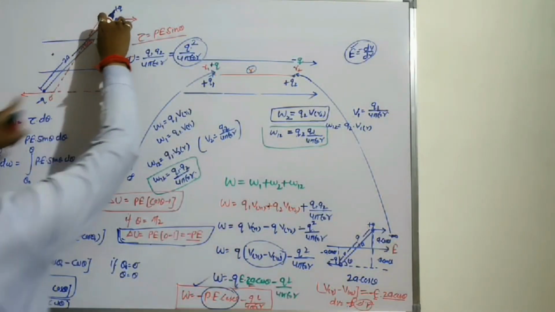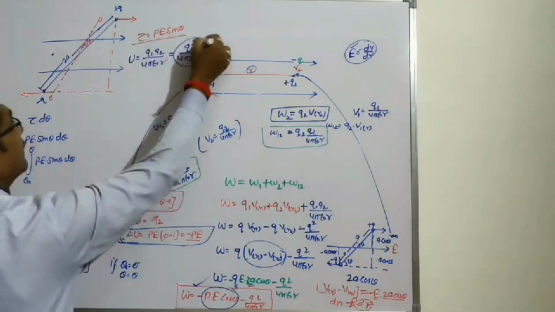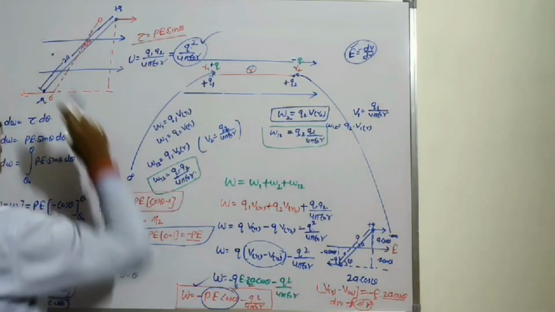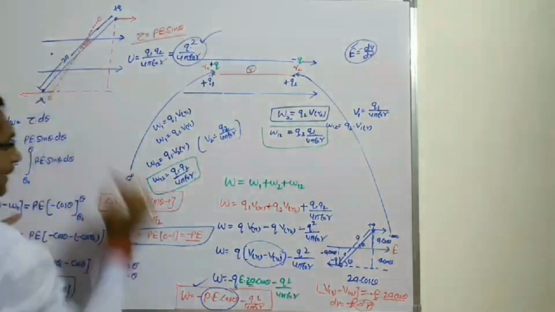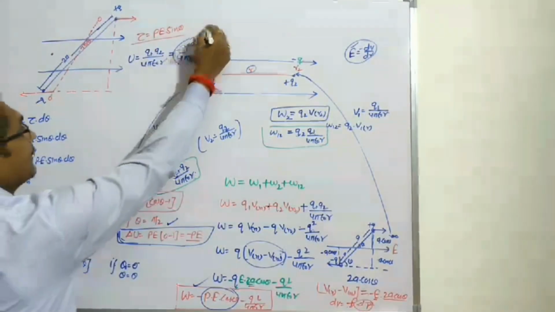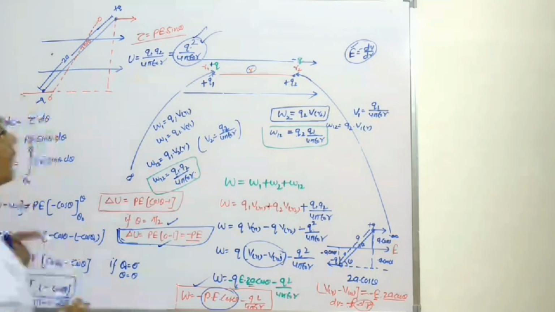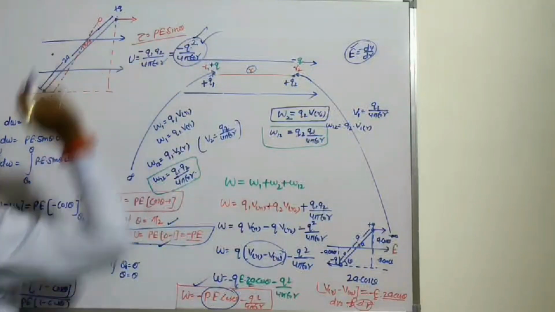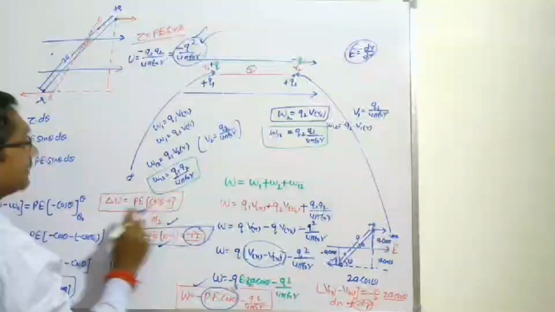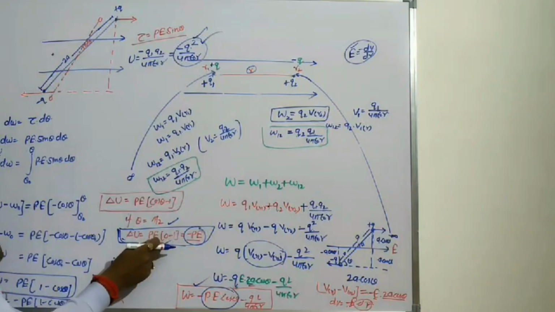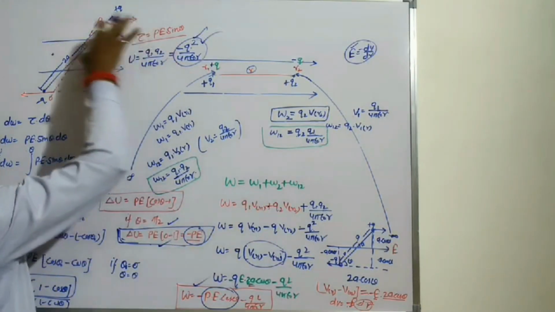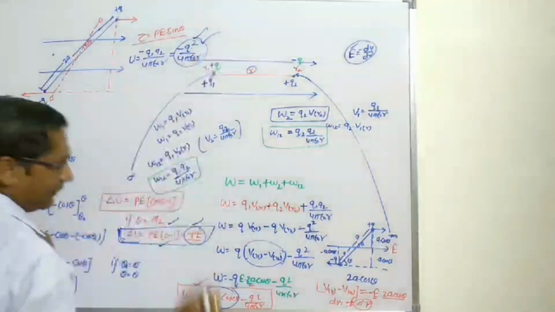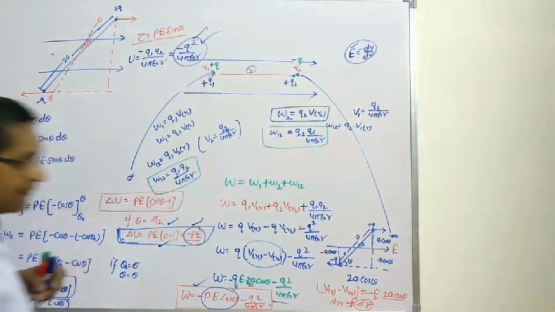So this is the potential energy between two point charges, and this is the potential energy to rotate by angle theta. The total potential energy is this plus this. There is an attraction force between the two charged particles, which is why this potential energy is negative. The sum of the total potential energy is then PE cos theta plus this term. This is the expression.